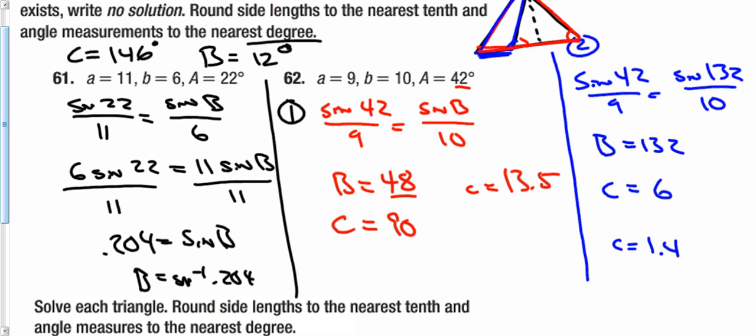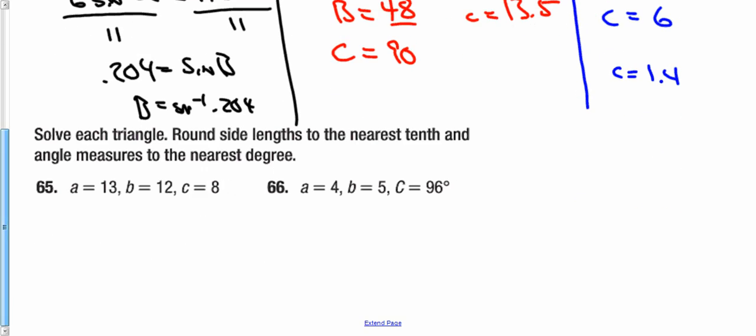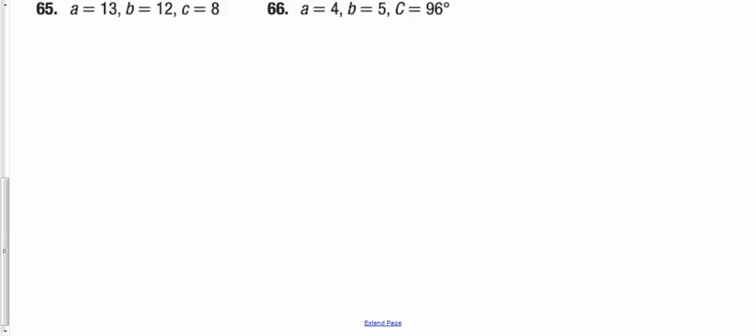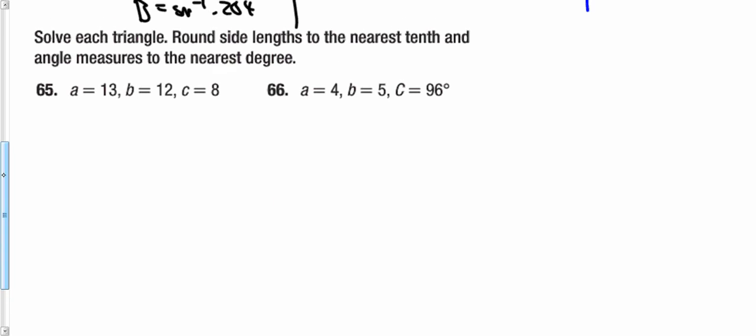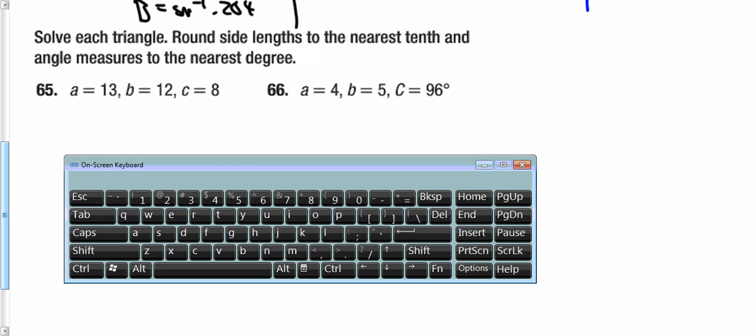Okay, so next, solving each triangle. Solving each triangle, we have to decide what we know. In this case, we have a, b, and c. In order to figure out our angles, if we have three sides, we are going to use the law of cosines. It doesn't matter which angle we solve for first. My law of cosines would then be,